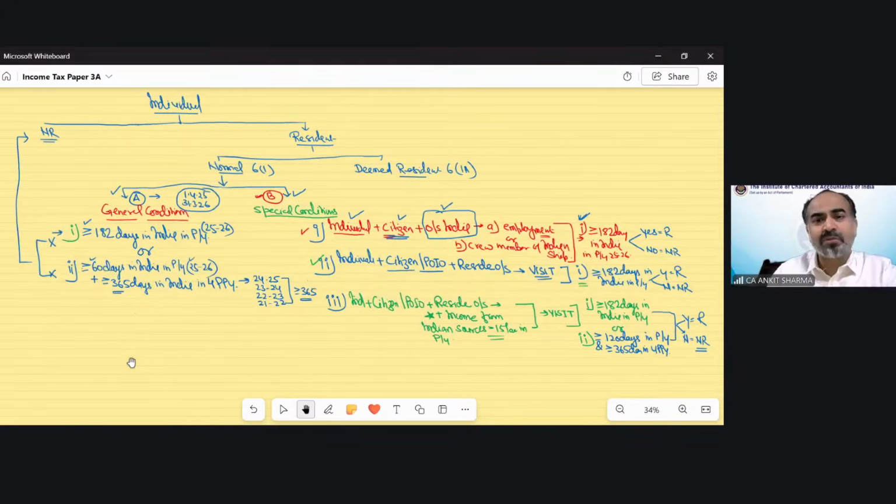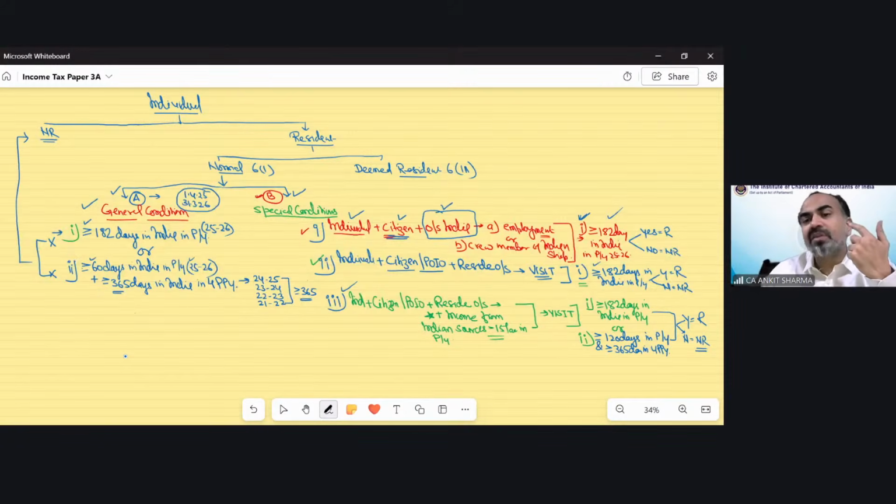So first of all, you have to check in the question whether category B is applicable or not. If category B is not applicable, then we have to check two conditions; we are in category A. If any of these conditions is fulfilled, you are a resident. If none of these conditions is fulfilled, you are a non-resident. If you fall in category B1, 2, or 3, if you fall in one category, then only the first condition needs to be checked. If you fulfill the second point of category B, only the first condition needs to be checked.